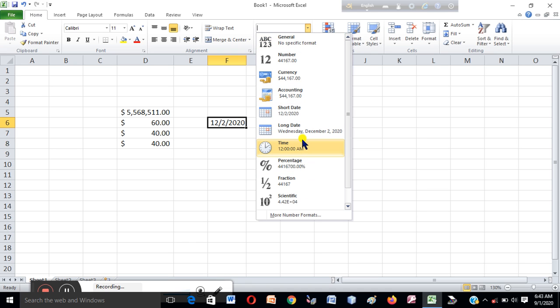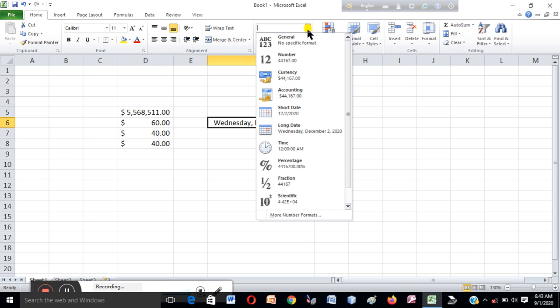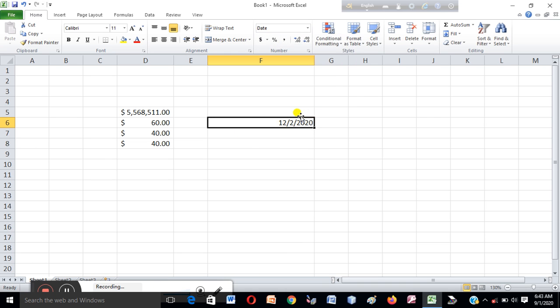How? You can use the Long Date, then it will be this type of format. And if you use the Short Date, then it is this type of format.